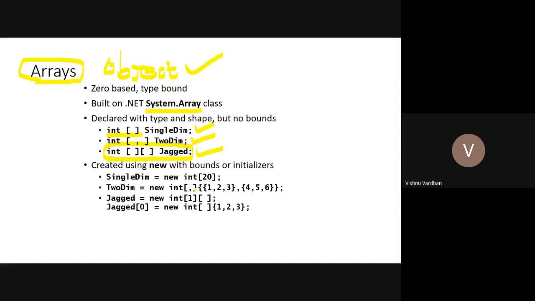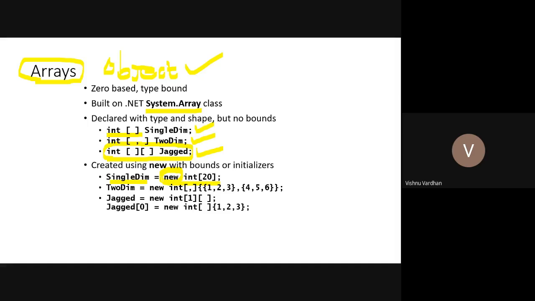So how do we create these? There are some examples given here. There is a variable which we have declared here, and it is being initialized. See here, in the integer array we are instantiating with the new operator. Why are we instantiating with new? Because it's an object.